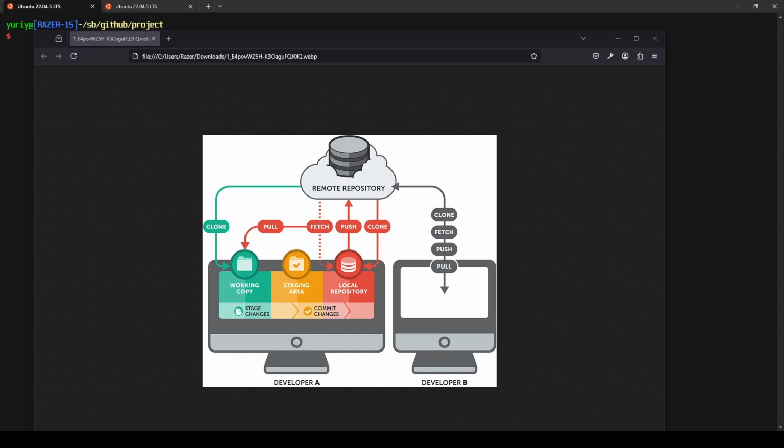So it's useful when you want to grab the changes and take a look at what's going on, but not automatically merge all the commits. So, hey, I want to review everything that my coworker did, but I don't want to auto update everything without